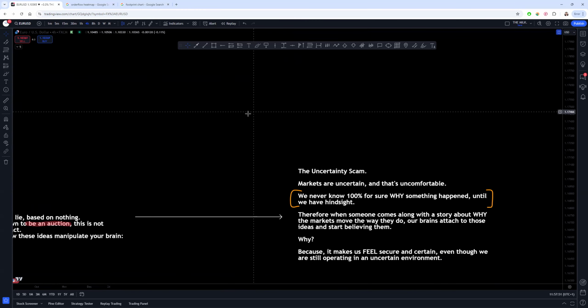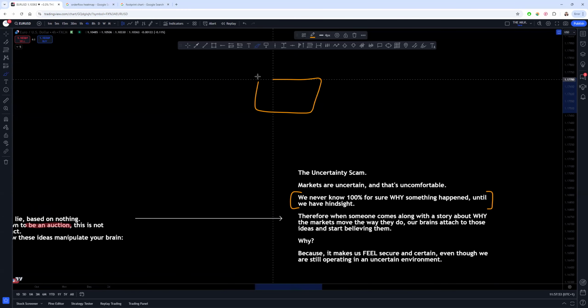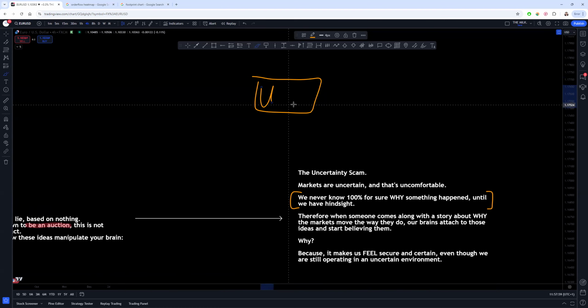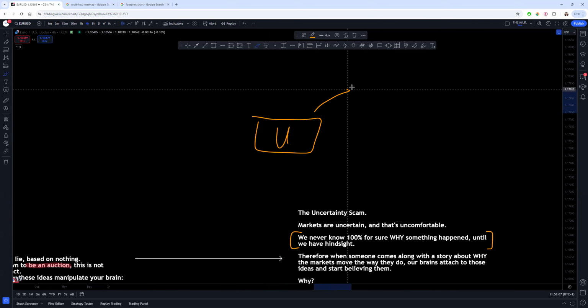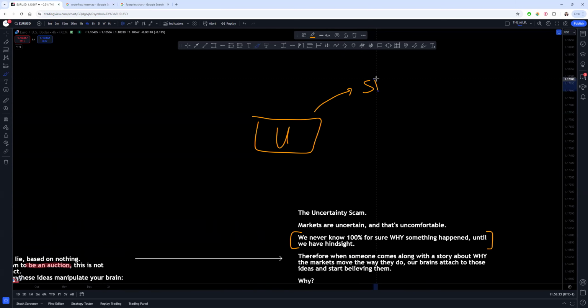This is something that is well known by marketers. Let's just say there is a person who's feeling really uncertain, which we'll represent with a U. Nice and simple. If someone comes along and tells them a story about why something is the way that it is, that's going to fill the gap. It's going to fill that human desire to feel certainty, which is going to give them faith. Now, whatever that story is based off, whatever the idea is, in this case, let's just say it's SMC, smart money concepts. If this is what you're wrapping the story up in,